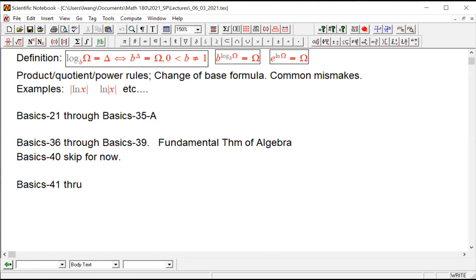Some numbering issues there. Basic 42A, it's finding inversions, that we've done. But most importantly, what you're going to encounter immediately is basic 43A. 43A, right? How to decompose. So if these are about composition,